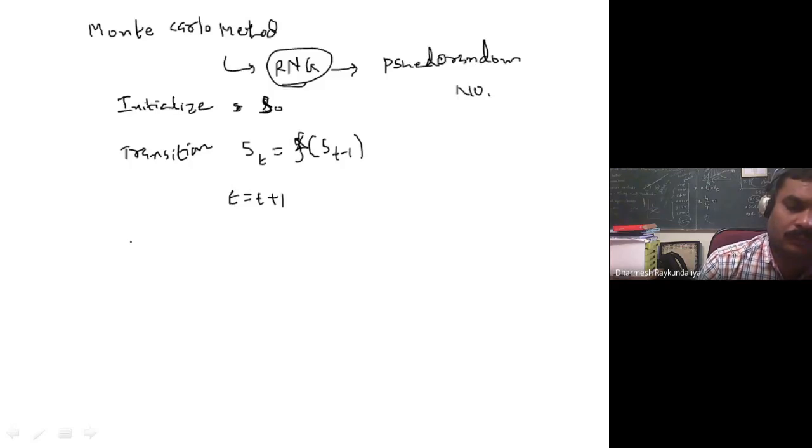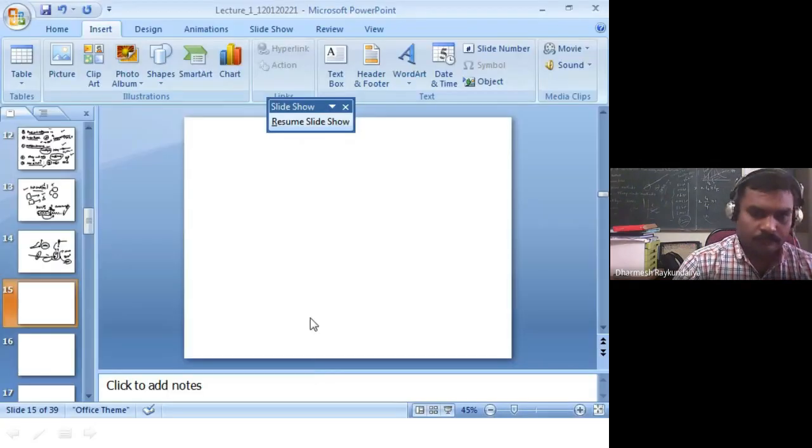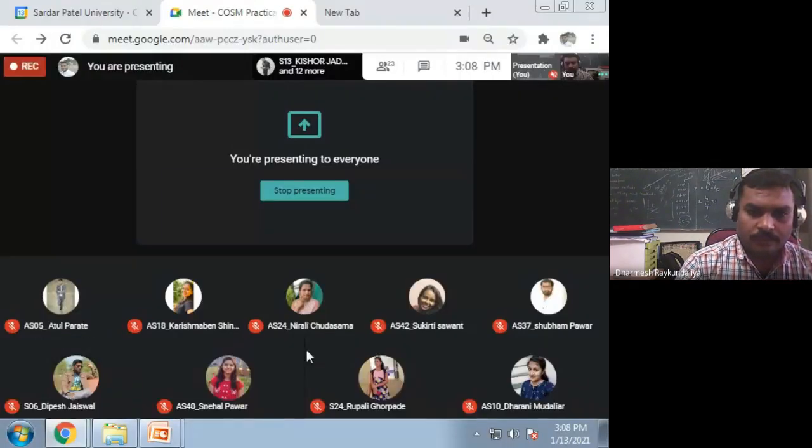Third, you have to use the output function. Output ut is nothing but some function g of st, and then you have to repeat the procedure. If you follow this procedure, it will generate this set of pseudo random numbers.